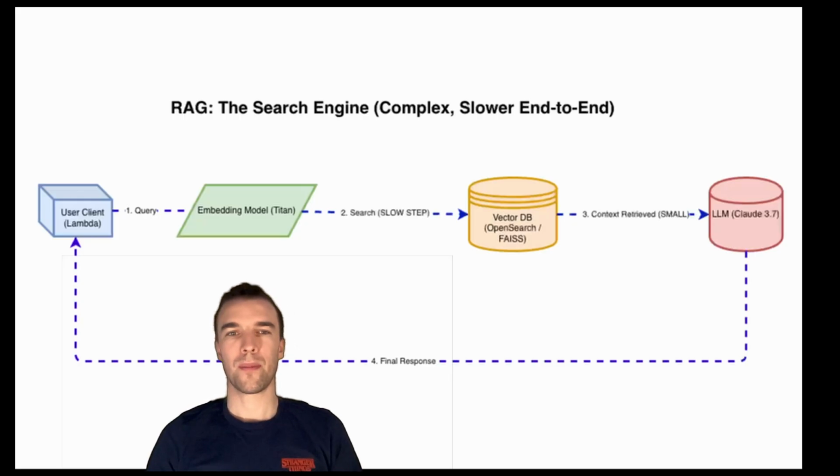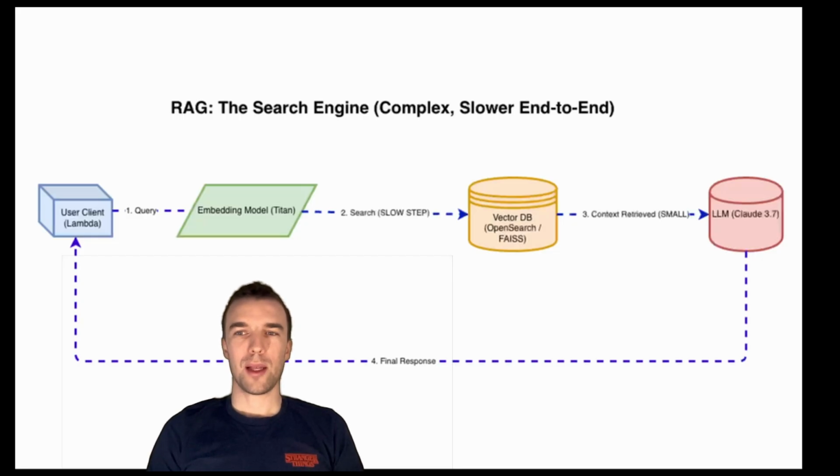This is usually the optimal solution when you need to have up-to-date data, when you need to have specific data based on your domain, on your business. But sometimes, not often, but sometimes it's over-engineered. For example, when you have, let's say, a document of 100 pages, would you set up RAG for it? I would say no. For smaller documents, for other stuff like not big informational documents, I would actually use context